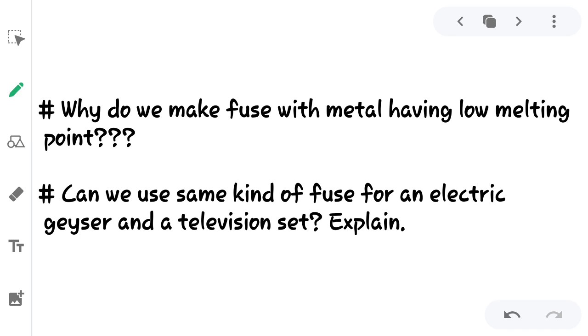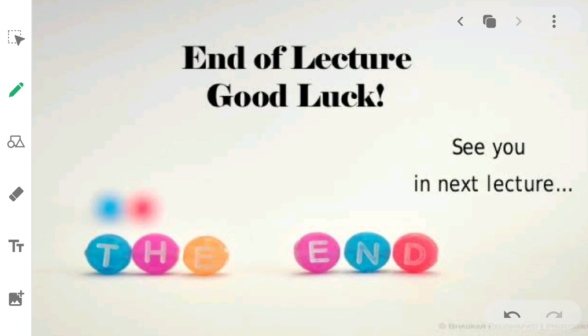Okay, इन दोनों क्वेश्चंस का आप आंसर लिखिए एंड सेंड इट टू मी, then do the chapter's question answers. Your chapter is over at this point, so do all the question answers, and if you find any problem at any place, then you can send me that question. I'll solve that for you and I'll tell you how to solve that. Okay, so good luck, see you in the next chapter.